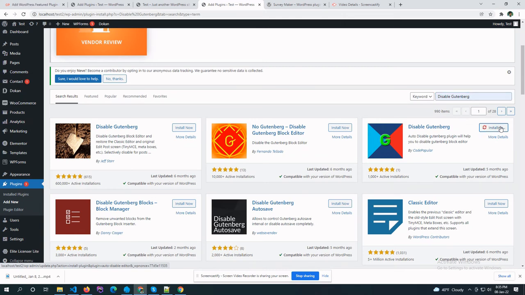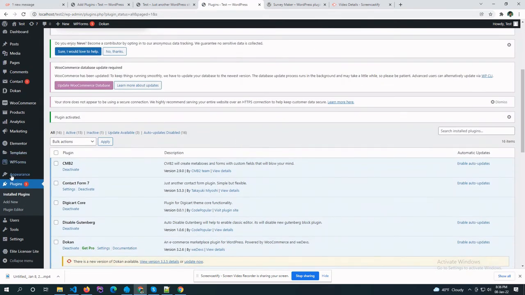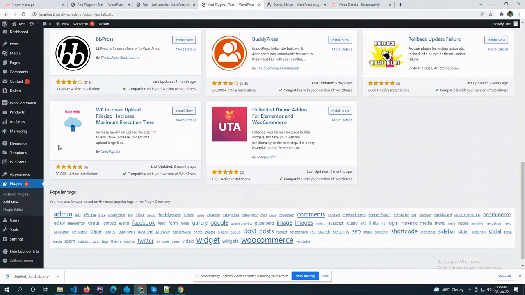Now installing it, and activate the plugin. After activating the plugin, if you check the plugin list, then you can see a new plugin suggested.